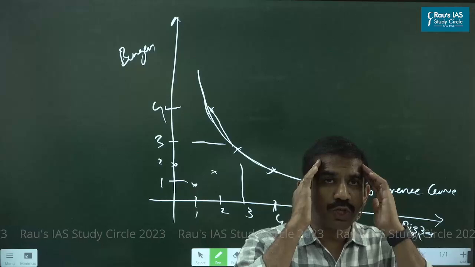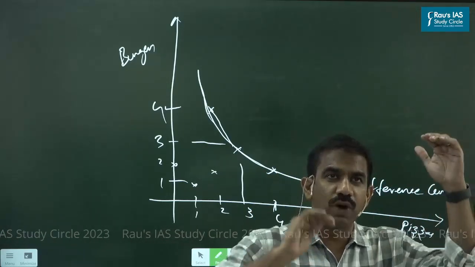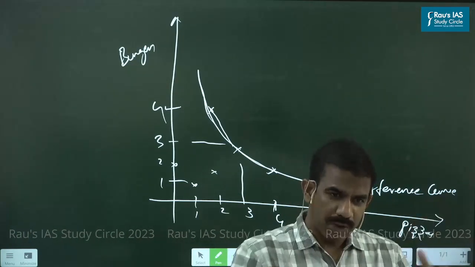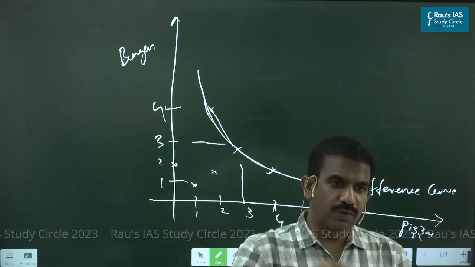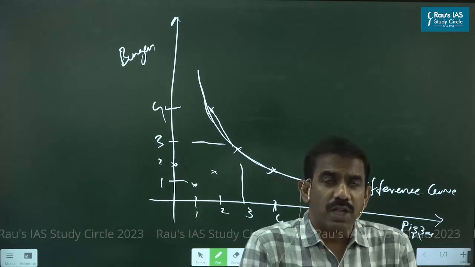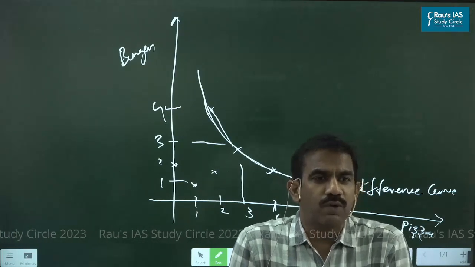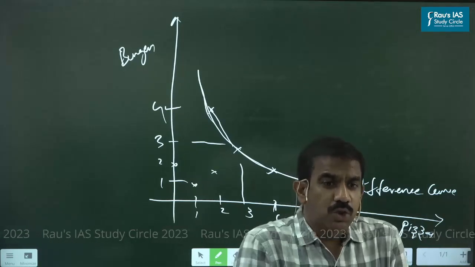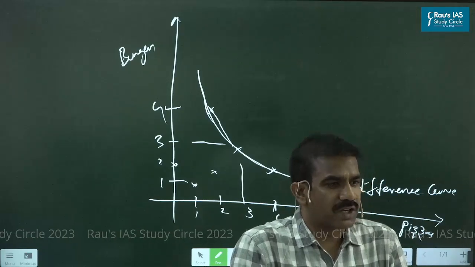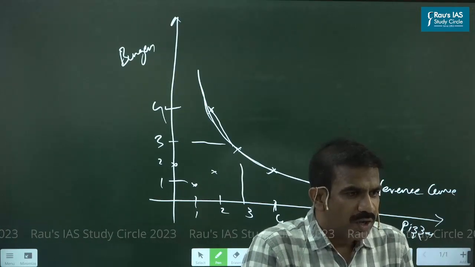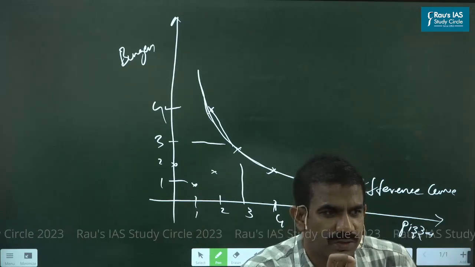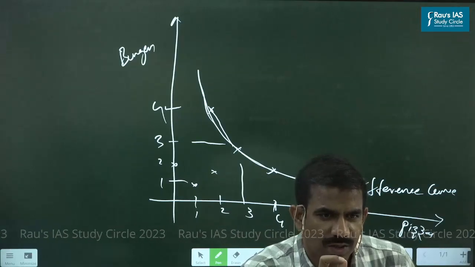Of course, by mere intuition, we conclude the fact: rise in price, fall in demand; fall in price, rise in demand. But we could derive it. And how? By using the same indifference curve itself. We'll do it when we do the consumer theory. But by simple logic, can you accept the fact there could be possible combinations which might give you the same satisfaction? And I'm saying these could be the possible combinations for Mr. Shubhankar which give him the same satisfaction, same utility. I mean, the utility of Shubhankar for any combination on this curve remains a constant. Is that clear now?